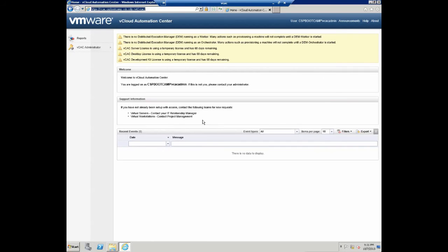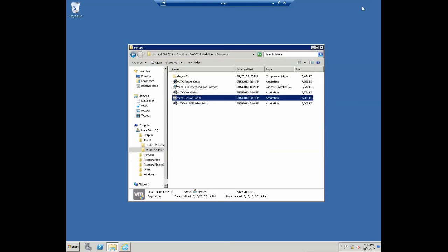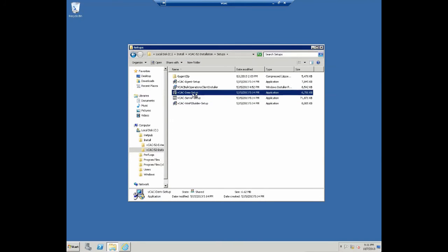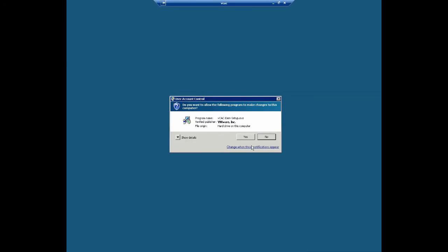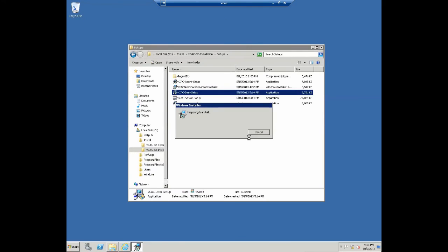We can see now that vCAC is up and running. In the topmost corner you will see 5 error or warning messages. First, that there is currently no DEM worker started, or in our case we haven't even installed it yet. Secondly, that we don't have an orchestrator started and enabled. And finally, the last 3 values are there to confirm that you have an evaluation license. This concludes basically the